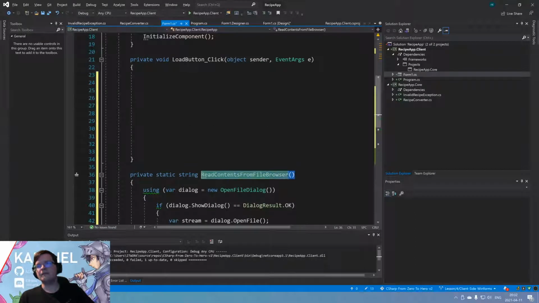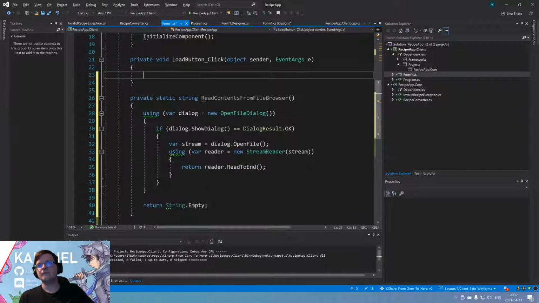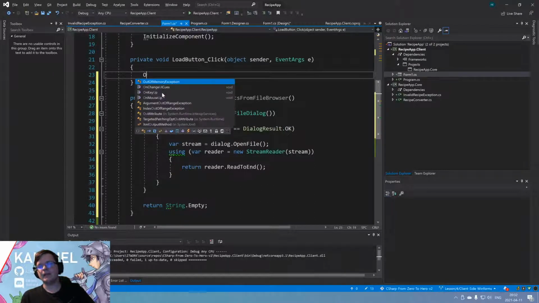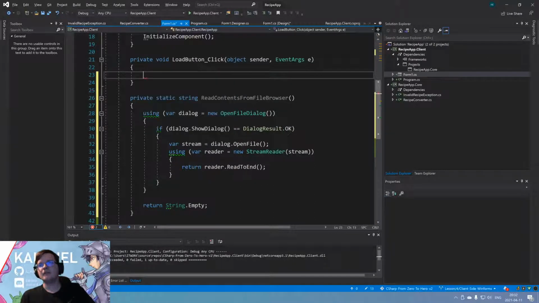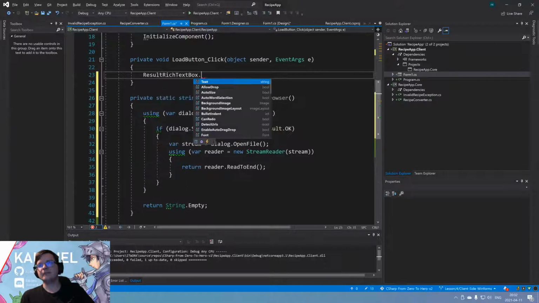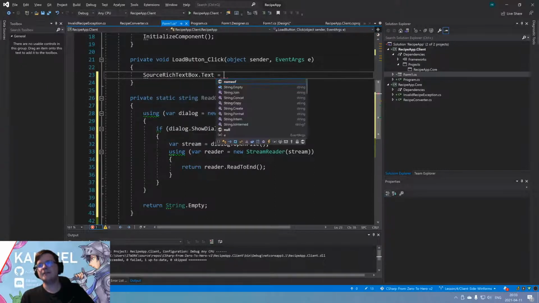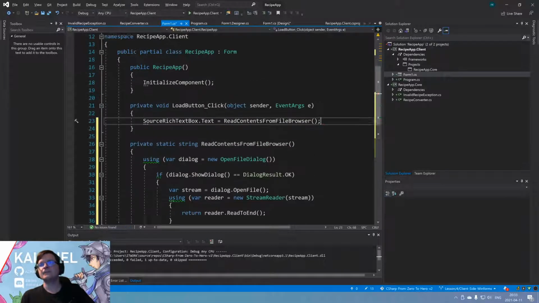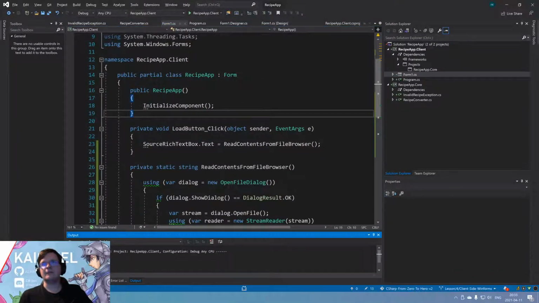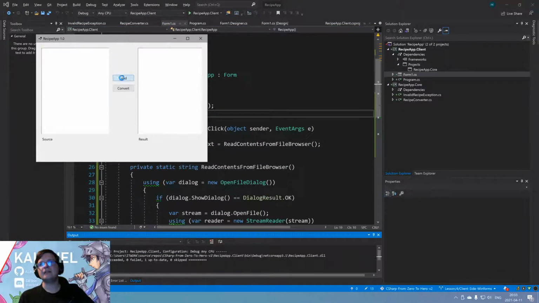And here, I'll say output result RichTextBox text. Sorry, I'm not talking about result. I'm talking about source RichTextBox text is this. And if I run my application now and hit load,